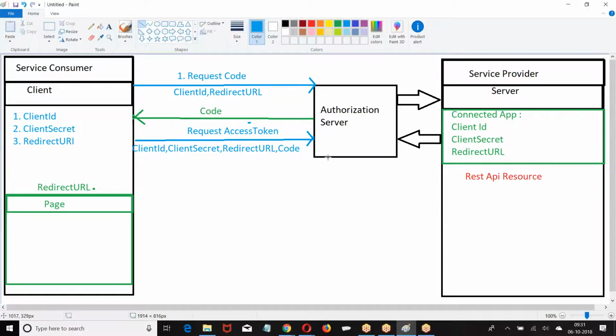Then authorization server will send access token to the client.